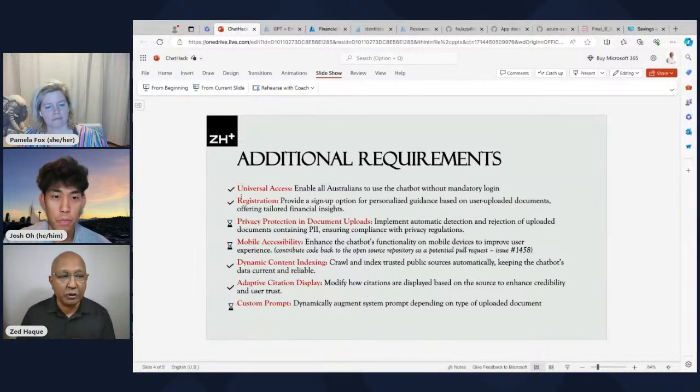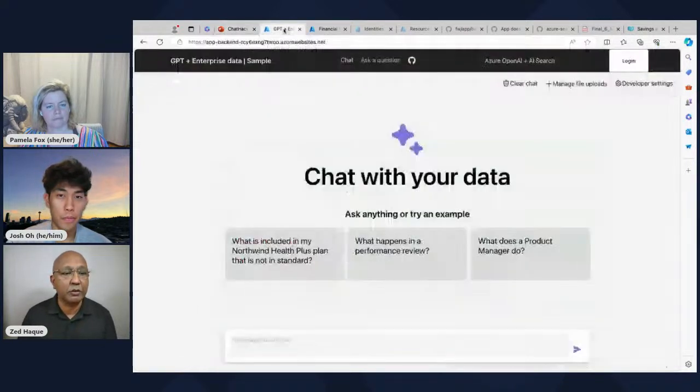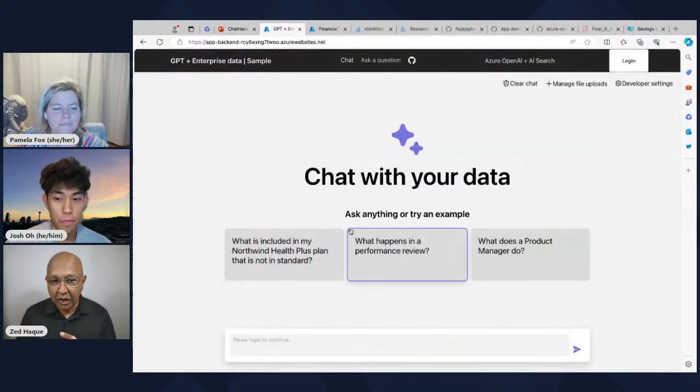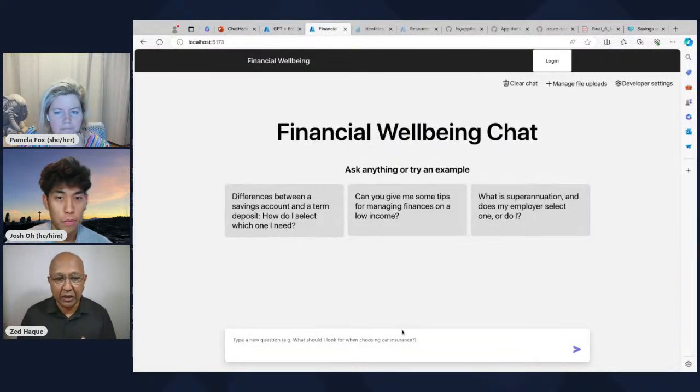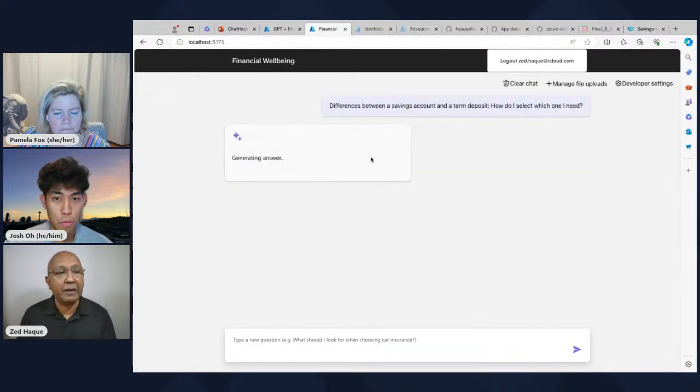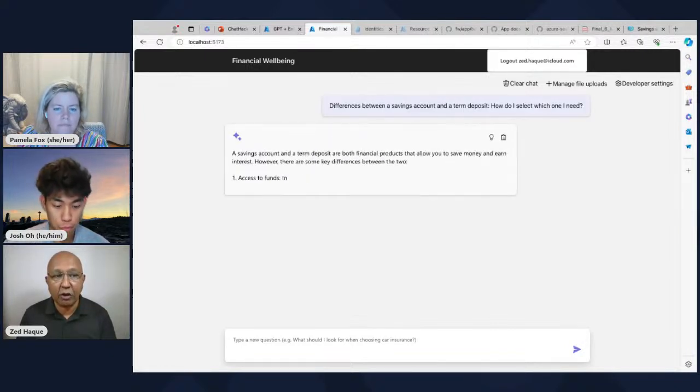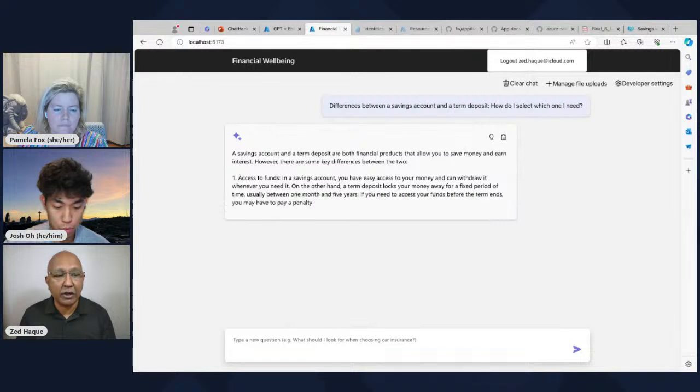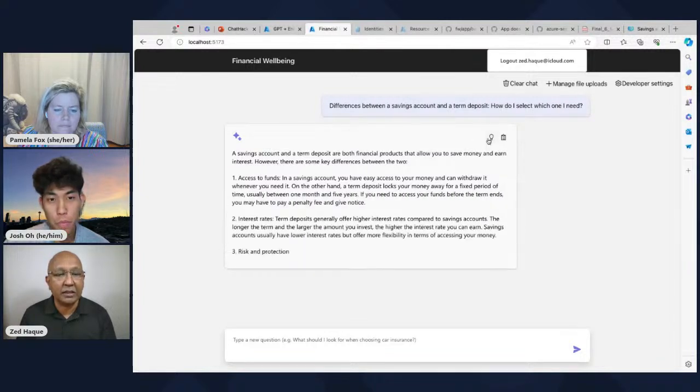So if we look at these two first, this is the up-to-date repo today, and you can see you need to log in to be able to search. Whereas if I haven't logged in, and I ask, for example, what is the difference between a savings account and a term deposit, and how do I select one? This is piggybacking on the repo. And the thing that I wanted to show you here is really